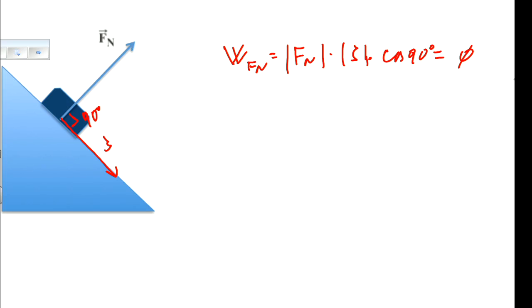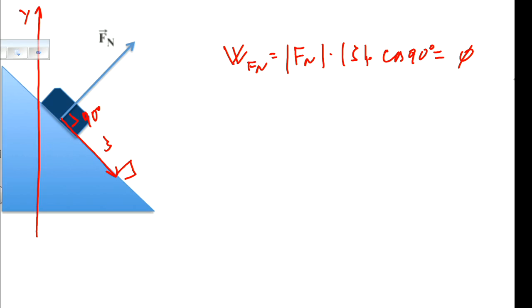But normal force doesn't always do 0 work. If you are in an elevator, normal force actually moves you up and down. But when normal force is perpendicular to the displacement, it doesn't do any work. What about gravity? Does gravity do work in this situation? Yes. As long as height changes, gravity does work. So what do we do about work done by gravity?